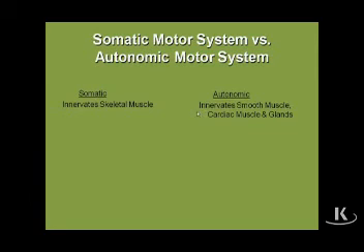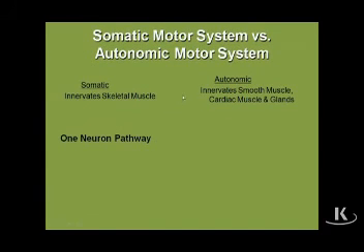Now, there is also a difference in terms of the pathways used by these nerves to innervate those end organs. More specifically, the somatic nervous system innervates its skeletal muscle by way of what is called a one-neuron pathway, meaning that from the central nervous system out to that skeletal muscle, the pathway is composed of a single neuron. It may be a neuron with a very long axon if the skeletal muscle is far away from the spinal cord or brain, but nonetheless it's still one neuron.